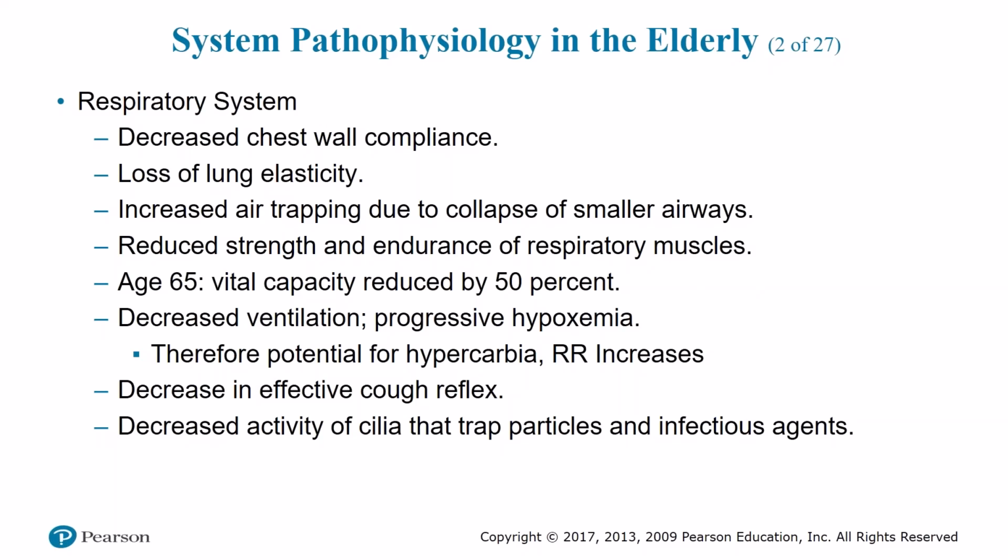Reduced overall strength and endurance of the respiratory muscles, because most people are not running after the age of 40 to 50. The general population is not exercising as they once did, or their overall activity is decreased. At age 65, we can actually measure that the overall vital capacity of our respiratory system reduces by 50%. So if we're bringing in approximately 500 mLs per deep breath, but there's also the excess capacity, the vital capacity, that whole amount, which is about 1,250 mLs, we're going to reduce that down to about 650, 700